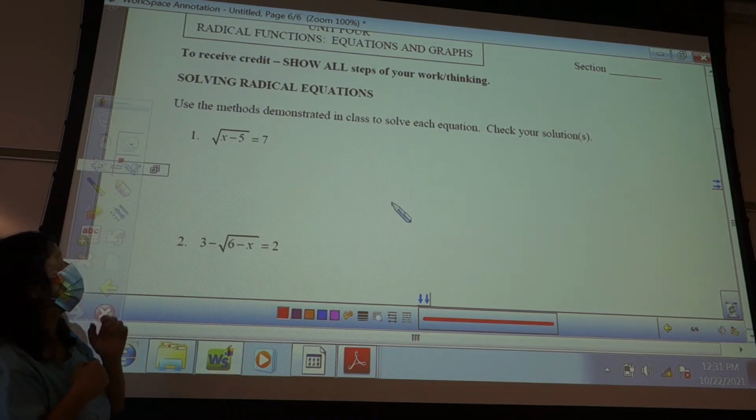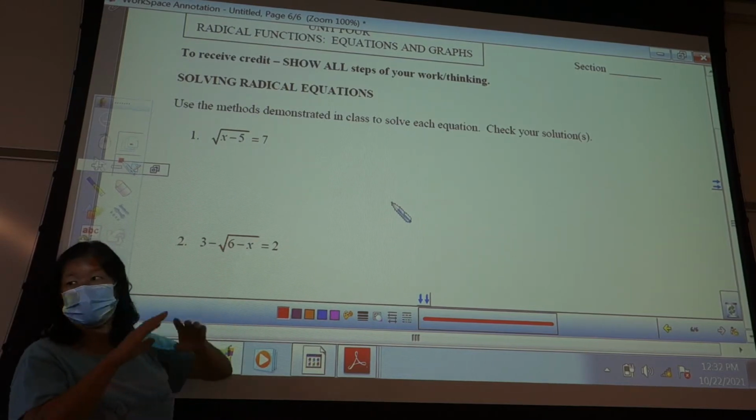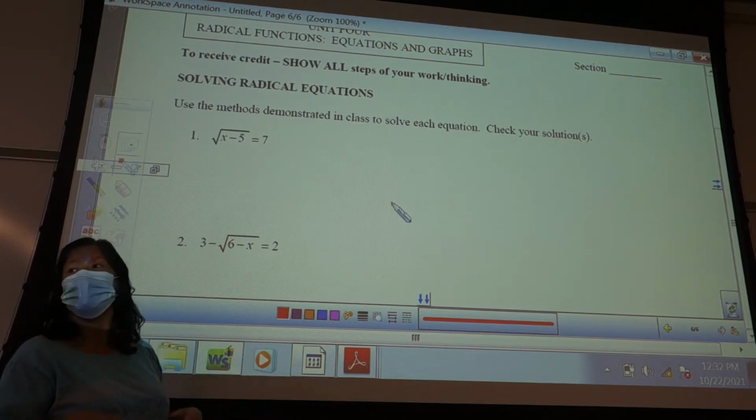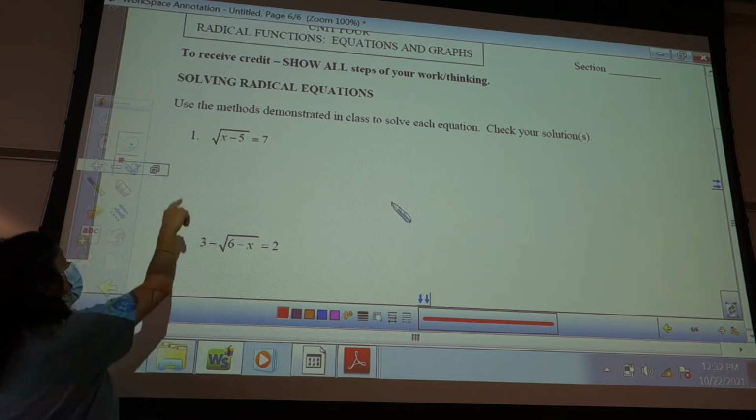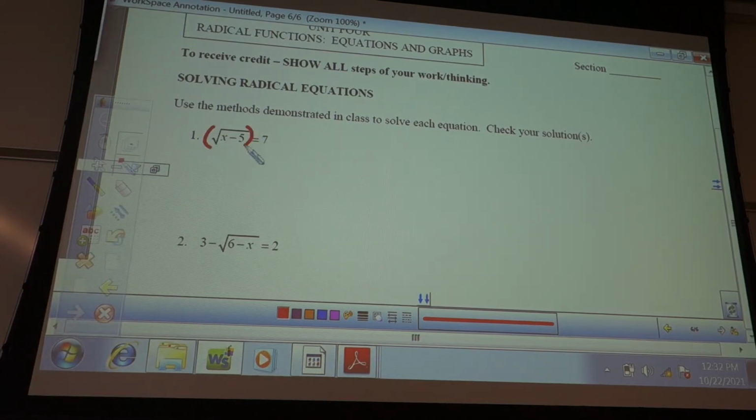So how do I solve for x? Get the square root symbol by itself, and then square both sides. So here, the first one's already done for me, the square root symbol's by itself. So everybody square both sides. I'm going to square this side, and I'm going to square that side. So square root squared, I'm going to get x minus 5. Well, let me